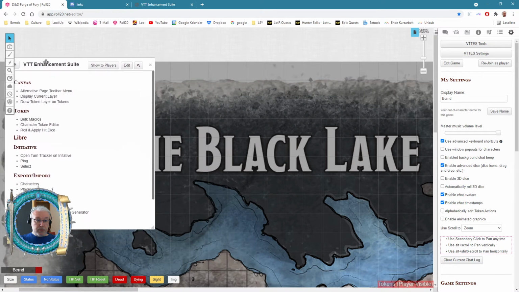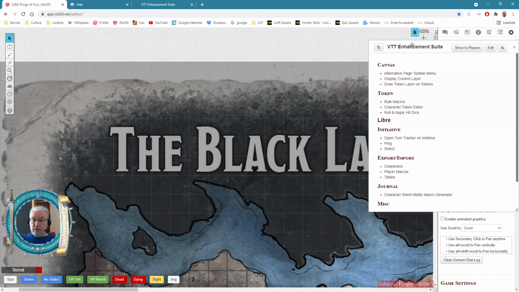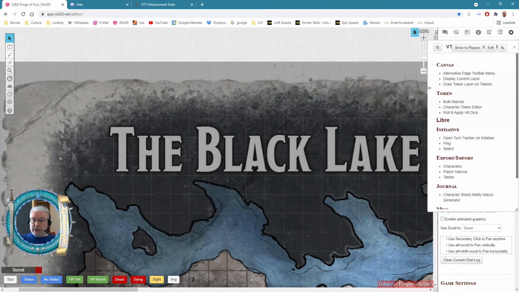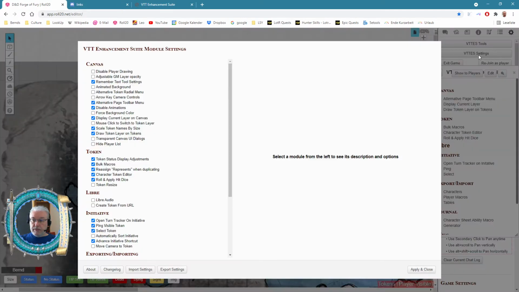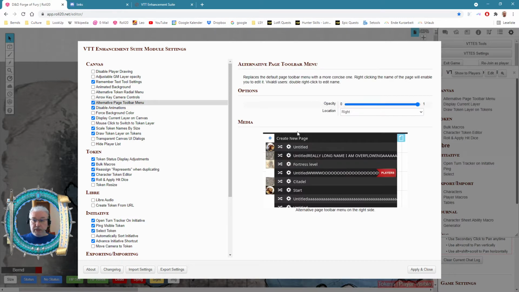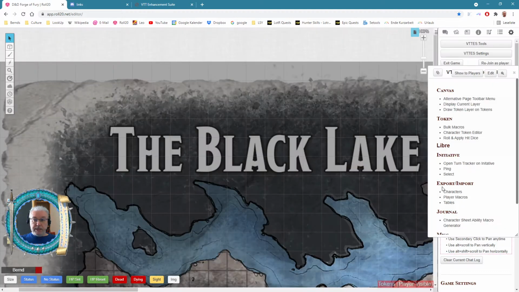Maybe it's possible to have it somewhere visible without hiding the suite itself. So, no, almost. Okay, there's one thing which is really helpful, the alternative page toolbar menu. This is just some fancy stuff, but the real thing is what you get